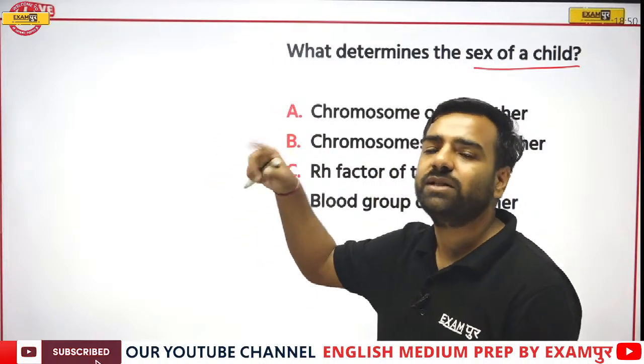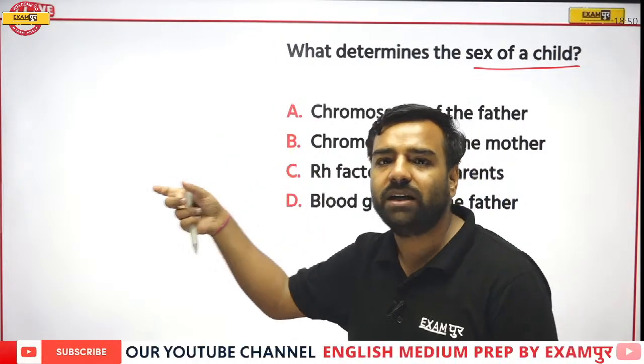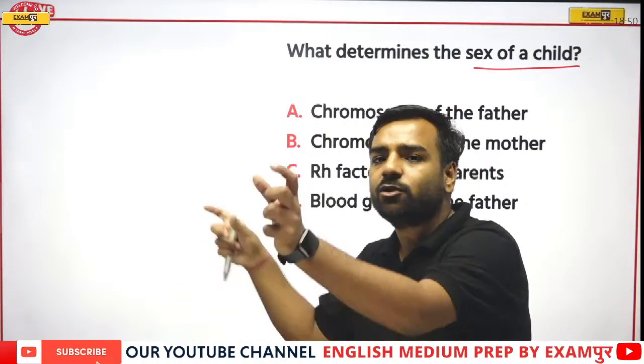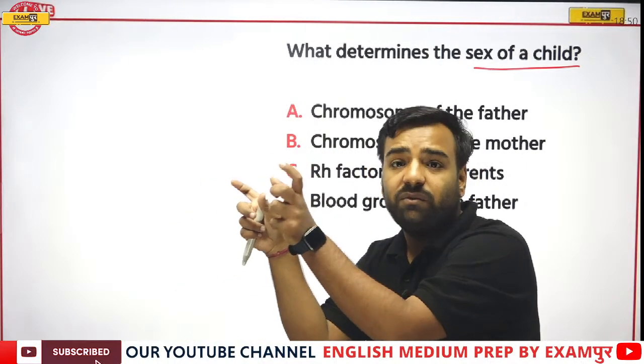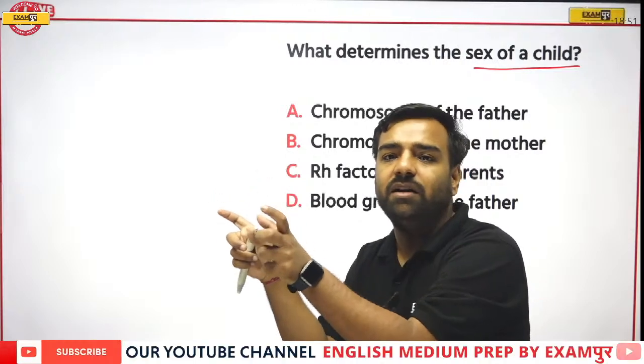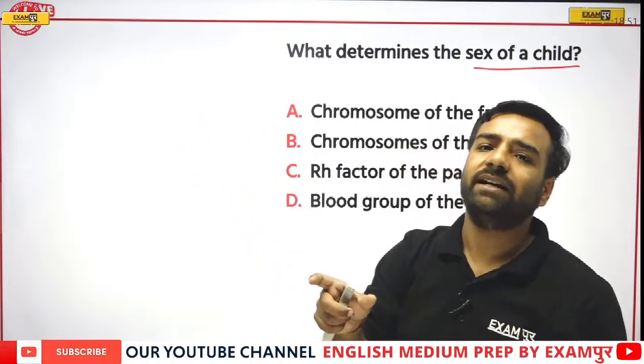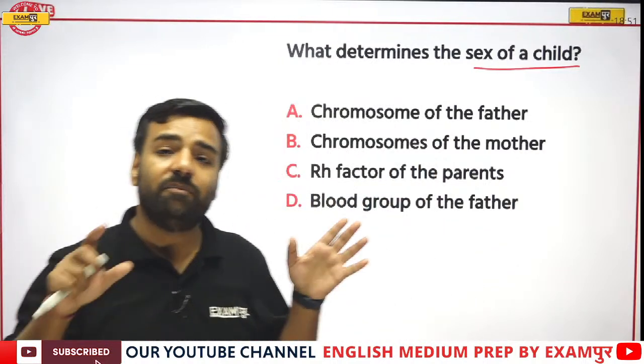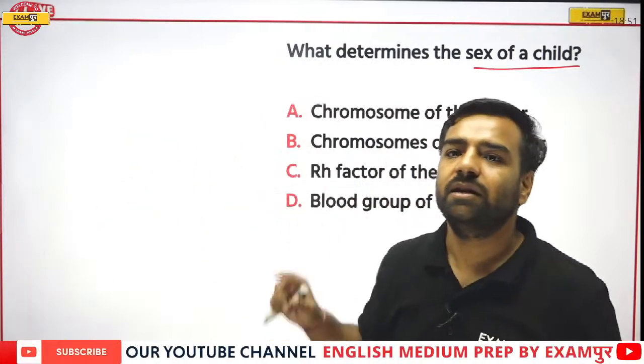But it's the male who is having XY, so it totally depends. From the male, X is going or Y is going. If X goes from the male and the female is giving X, so X and X will give birth to the female child, that is a baby girl. If from the male Y comes and the female is having X, this means we are giving birth to the male child. So it totally depends on the males.